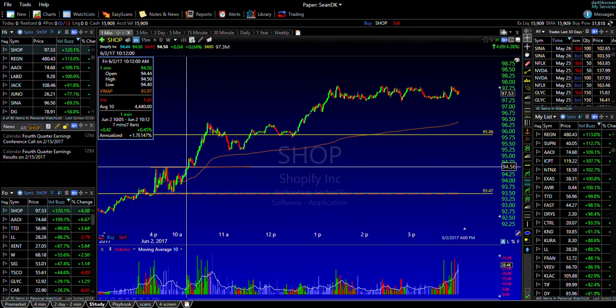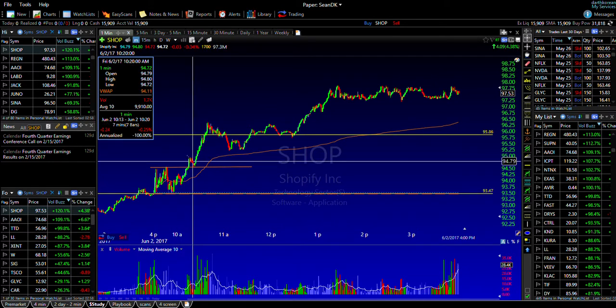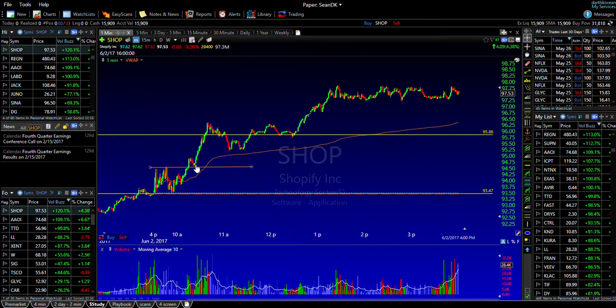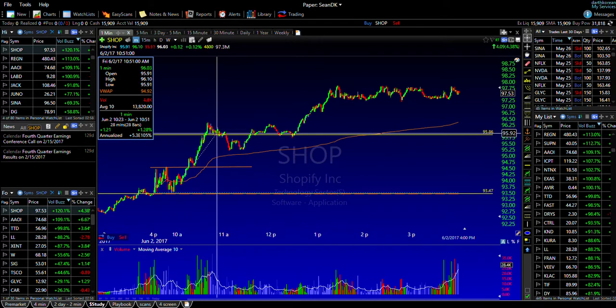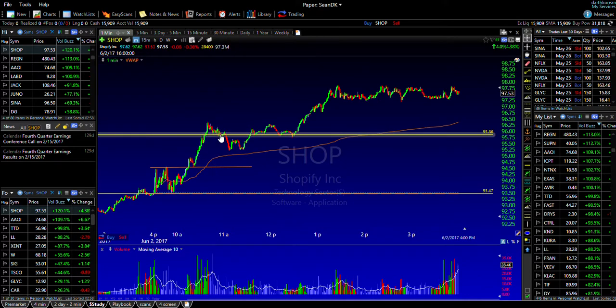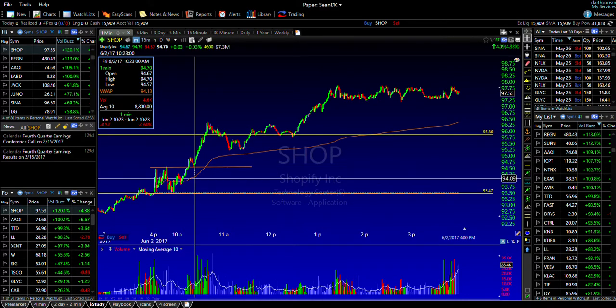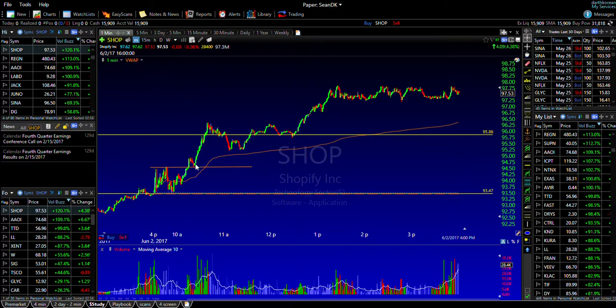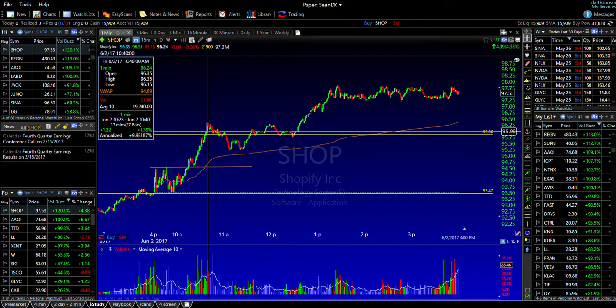We break out, and then there's a nice little window. Prior resistance becomes support. Intraday, you are buying below potential resistance on the daily, but it's still like a buck away. So if I can buy in here with my stop about 50 cents away, even if I put it to VWAP, as far as the way I need to put it, it's still like a 2-to-1, but we know that the all-time high and potential resistance